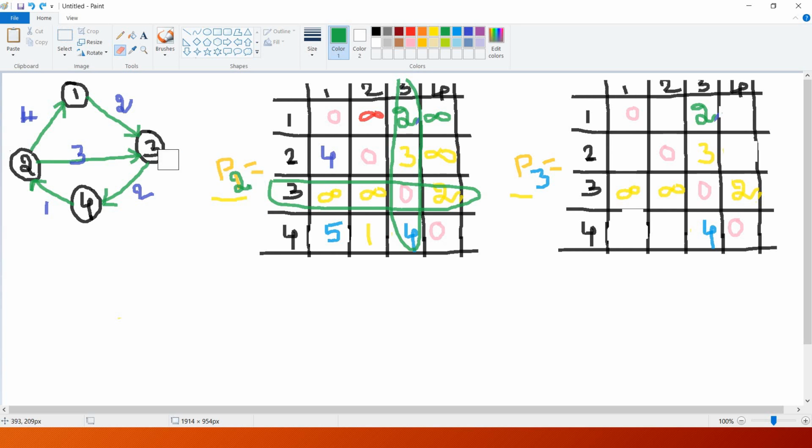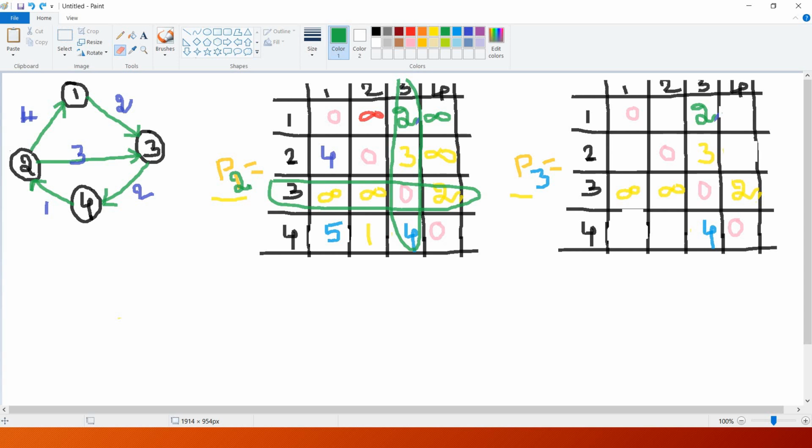So that is the reason we are calling this particular algorithm all pair shortest path. See, if you observe clearly, in P1 we are making 1 as intermediate. In P2 we are making 2 as intermediate. In P3 we are making 3 as intermediate. In P4 we are making vertex 4 as intermediate, and so on. Pk, k is an intermediate node. So every time, by taking every vertex as intermediate, we are trying to find the shortest path between every pair of vertices. That is the reason this algorithm is called the all pair shortest path algorithm, or the algorithm which follows the transitive closure property. In the examination, they may ask you to explain the following process using the transitive closure property.